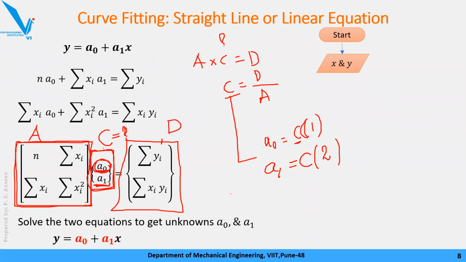Now here the problem is, if we try to solve this C equal to D by A, D is a vector and A is a matrix of 2 by 2. So we know that this matrix division is not possible, but you can do the matrix division by a procedure. एक inverse calculate करते हैं, उसके बाद adjoint वगैरह calculate करते हैं. We do calculate division also, but in the MATLAB there is a direct feature to solve division.